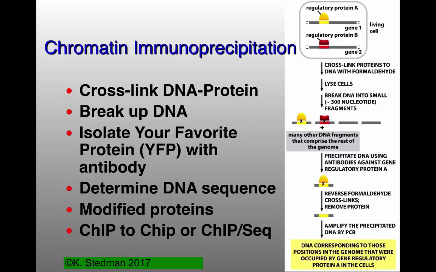And so the way that you do this, you have your cell under your particular conditions, and as quickly as possible you stop anything going on with the cell and you cross-link your favorite protein to the DNA. You chop up the DNA, actually very similar to what you do with the footprinting experiment, only now you don't have a labeled DNA, you use the protein to fish out those particular DNA sequences. And the way you do that fishing is with an antibody. And so that's the immunoprecipitation part: that antibody will fish out the protein and any DNA that's associated with it.